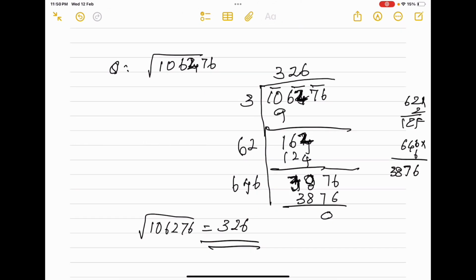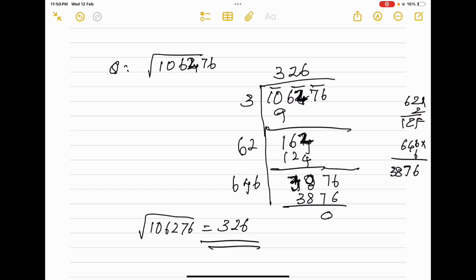Root of 1,06,276. We want to find out the square root of this number. First group it from right to left side. Each consists of 2 digits. So 7, 6 one group, 2, 6 another group, 0, 1 another group. Then here in the left side group,